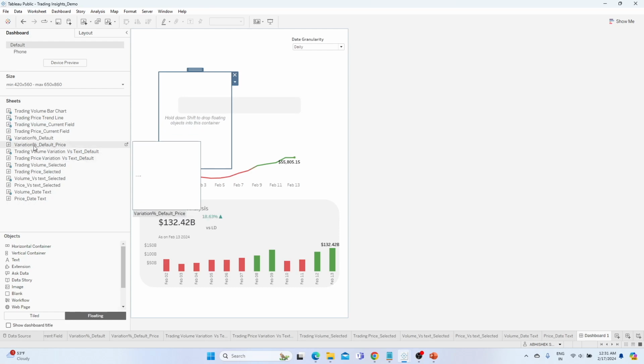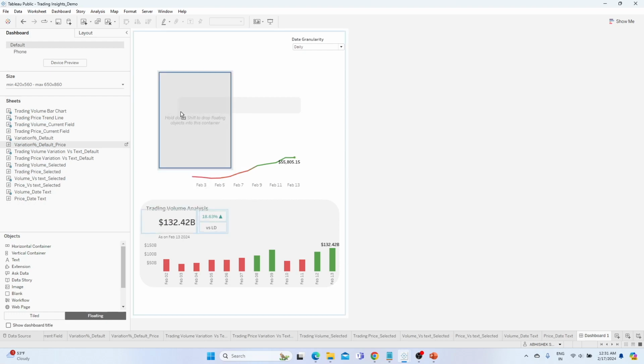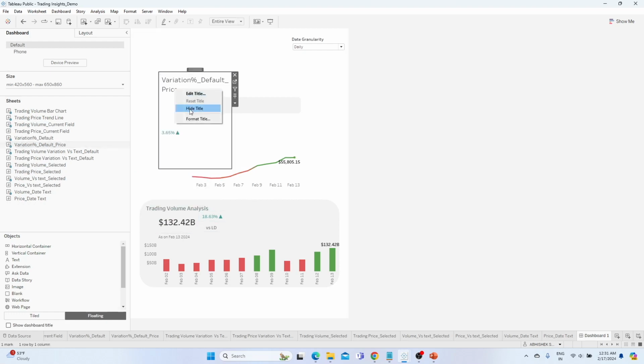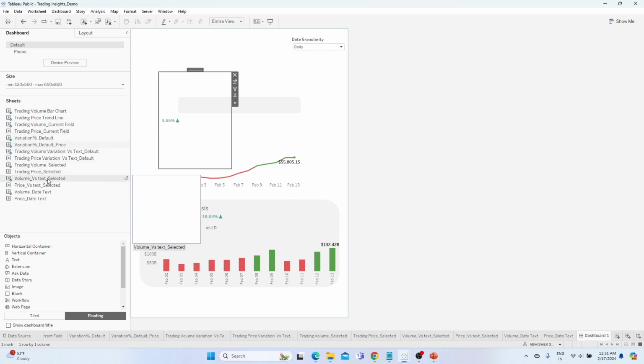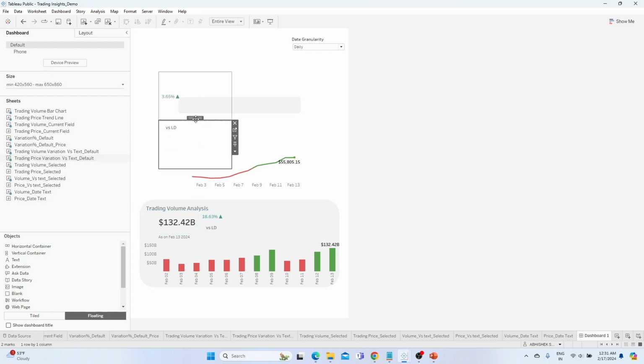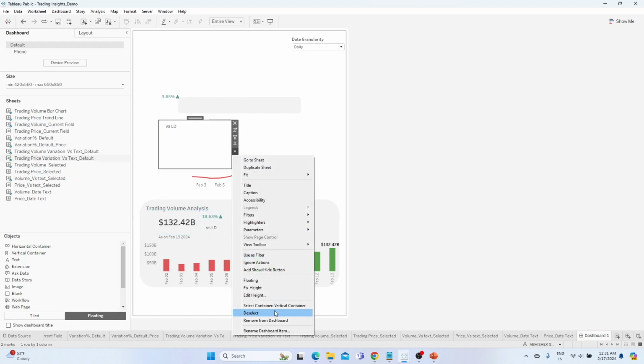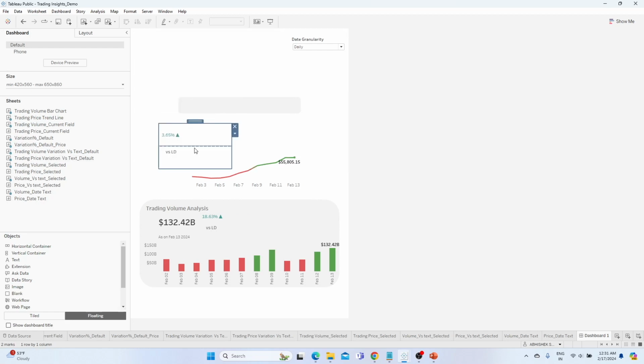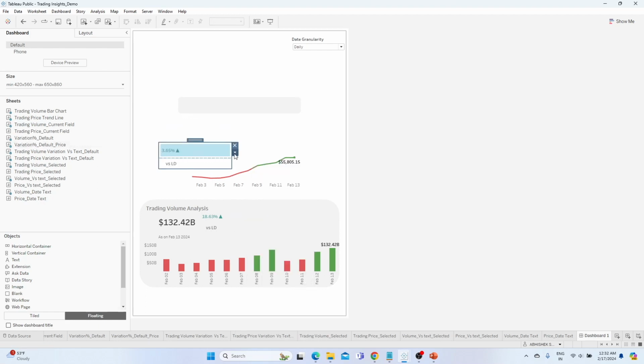Trading variation default, hide title, and then versus text for the default, press shift and drop here, hide title, make this smaller in size. Okay,